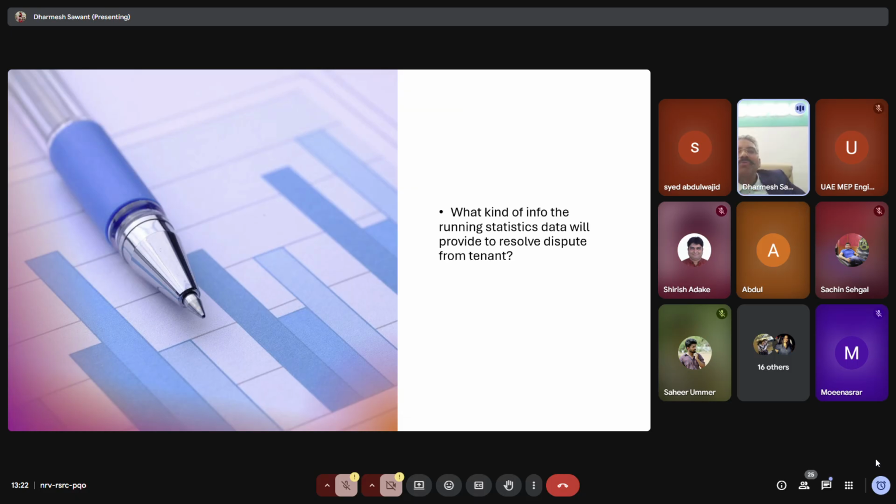So what info do we get? In case the tenant comes back to the owner and says, "Oh no, my bill is based on this," based on the usage analytics, we can say what time it's on and off, and details like that. There is on and off, and then set temperature. Yes, set temperature, and then